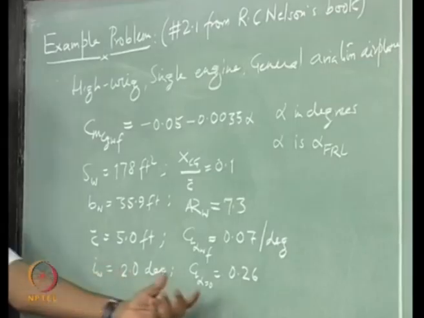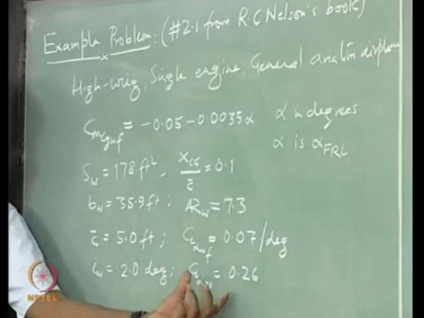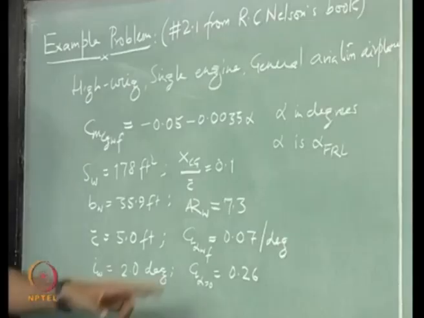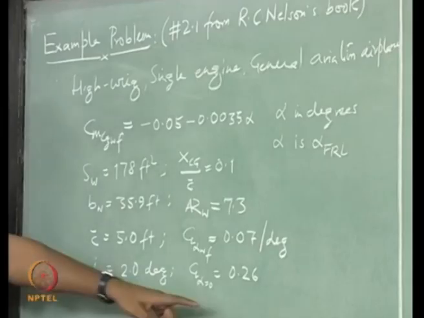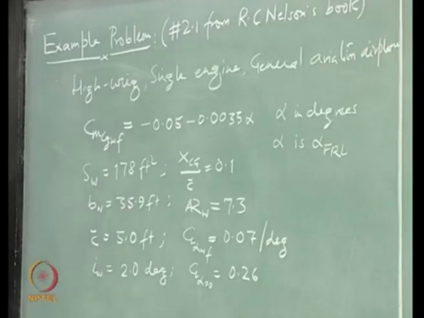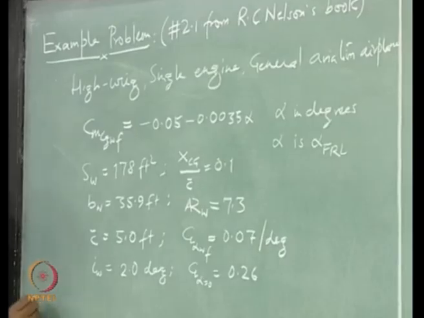so clearly the wing is positively cambered, right. CL at alpha 0 is 0.26, which is for the positively cambered wing. Now the problem is to estimate